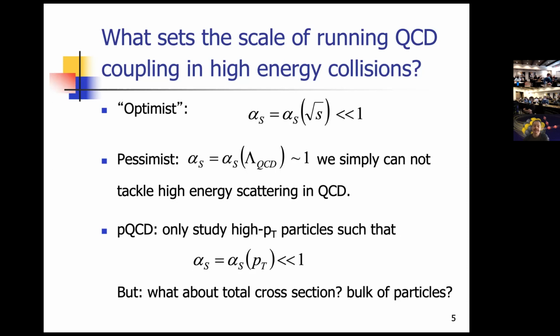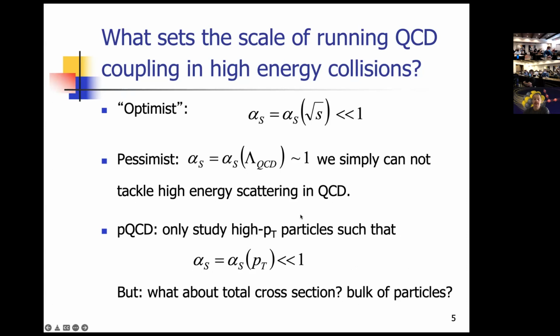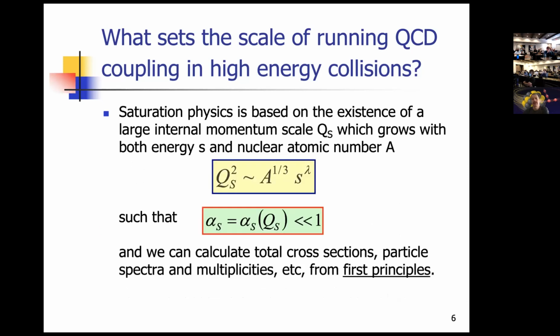But still, that applies to certain observables. Some observables are perturbative, some are maybe not perturbative. The total cross-section, say in proton-proton collisions, wouldn't have a hard scale like this. Or if you're not looking only at high pT particles, you want to integrate over all pT, you invariably end up at low pT where things are non-perturbative. People try to tackle these problems. Of course, these are not new questions, but let me just give you the small x or saturation physics viewpoint on this.